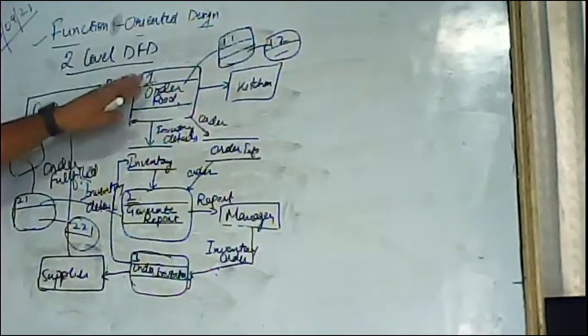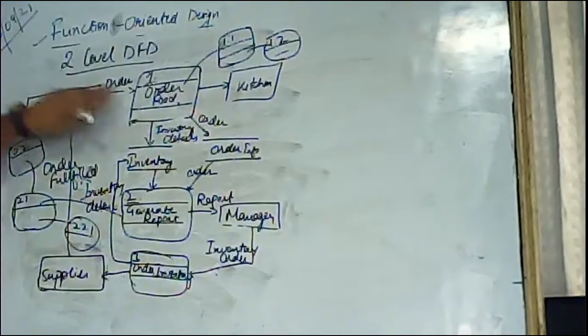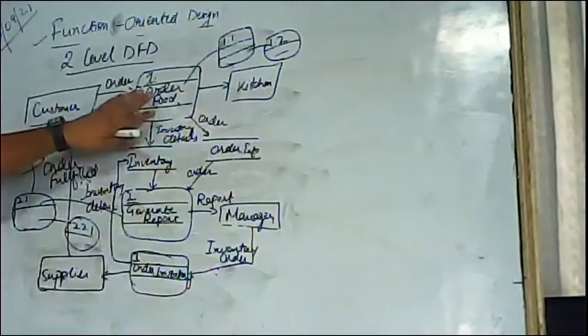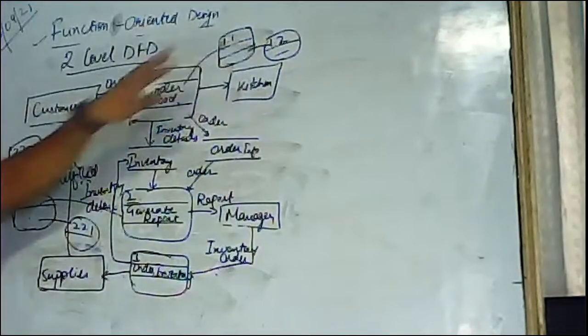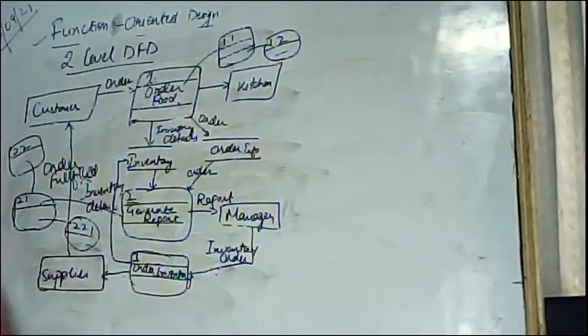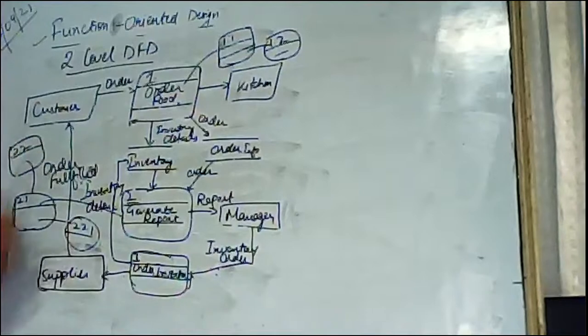First of all, we are studying level 0 DFD, which is also called the context diagram. Up to 1, 2, 3 are your level 1 DFD. If there are sub processes or sub modules under your main module, then we will draw further processes and their entities also. Hope you will understand this concept of DFD. This is all about DFDs.